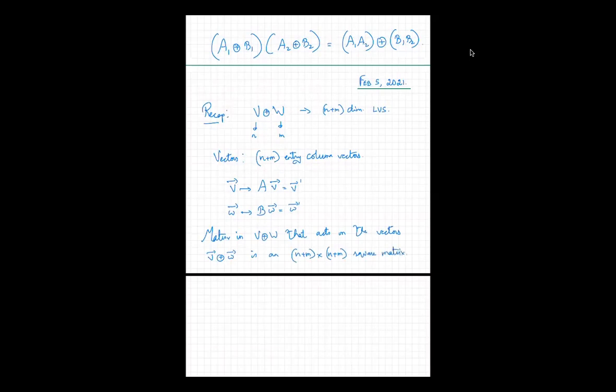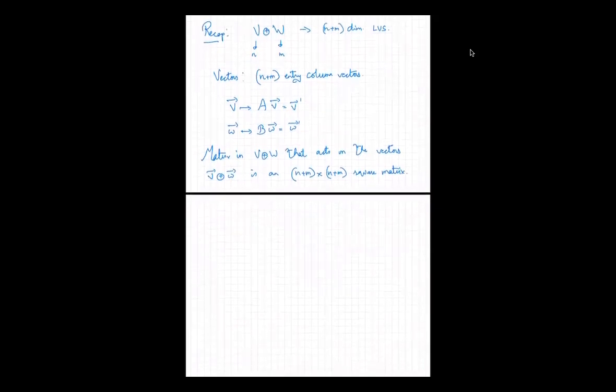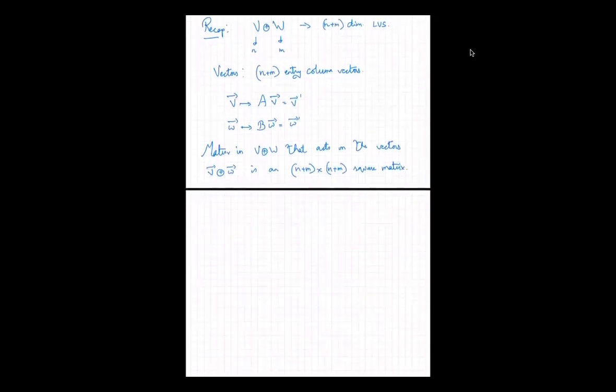So we asked the question, what should the form of this matrix be? So let us call this matrix the direct sum of the two matrices, A plus B. We don't yet know what A plus B is, but we asked the question, what should be the form of this matrix A plus B such that